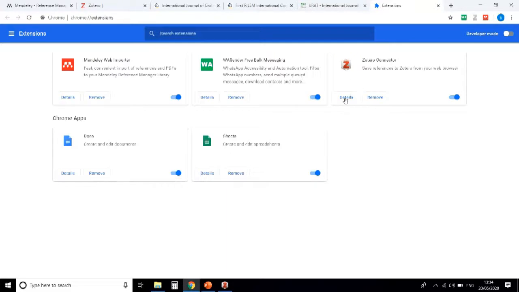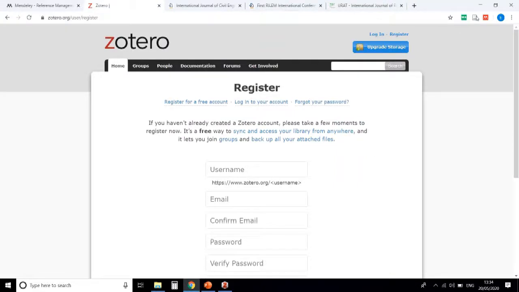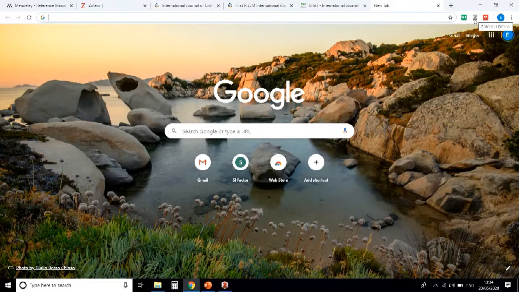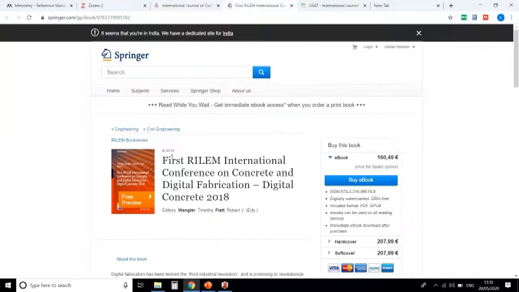You can add some references as per requirement. So to add some sample references, I opened the Springer website having a book link and a journal link. To add it on your page, just click on this Zotero icon here.